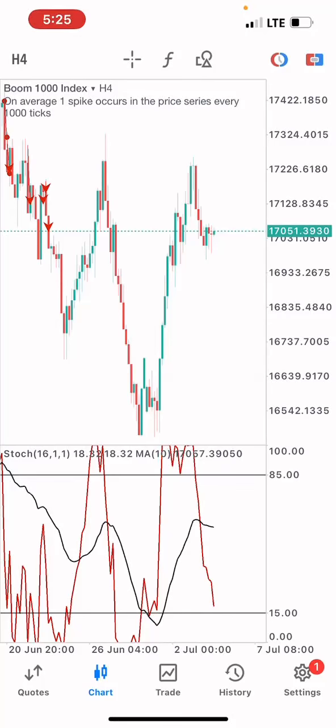Okay, quick one, guys. So this is the Boom 1000 Index strategy. It works for the Boom 1000 Index market and for the Crash 1000 Index market. So we are on the 4 hours time frame. I'm going to be explaining something on this time frame, so you pay attention and make sure you watch the